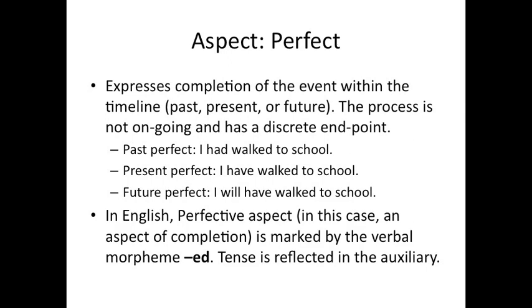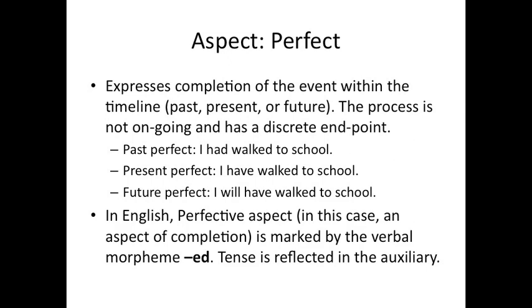Now, even though this might seem like past tense, it's not. Notice have is present, right? So saying I have walked to school is conveying this fact that is currently true, right? So it's not so much the walking that you're saying is in the present, but this notion of I have walked to school. Future perfect, I will have walked to school. Now again, walked here has the ed, which you might associate with the past tense. However, you're saying I will have walked. So at some future point in time, I will have walked to school.